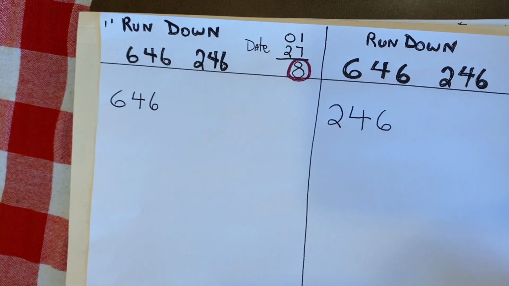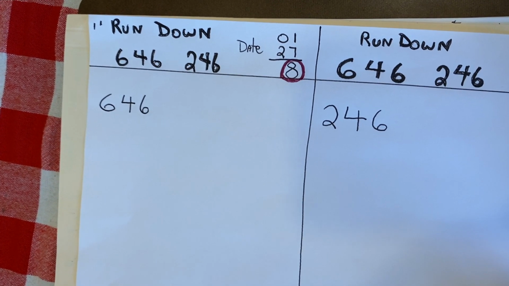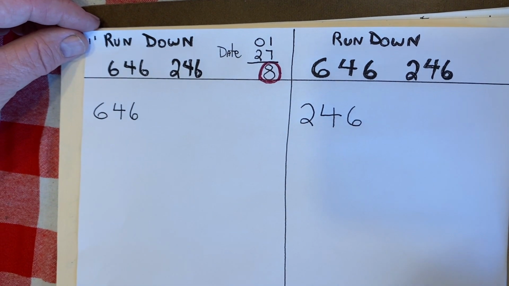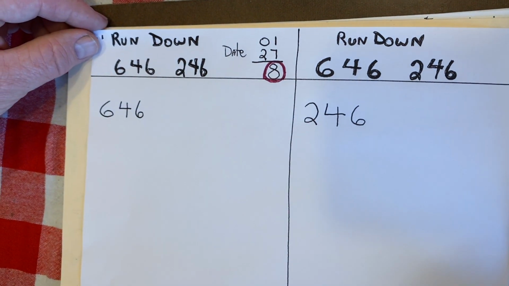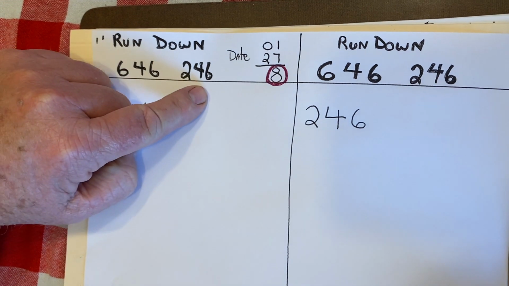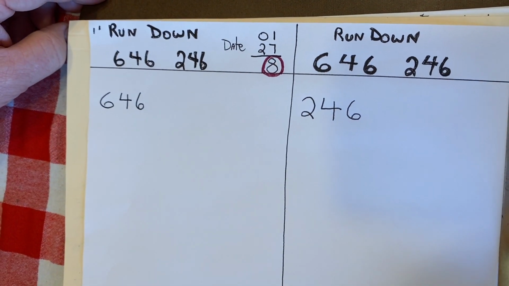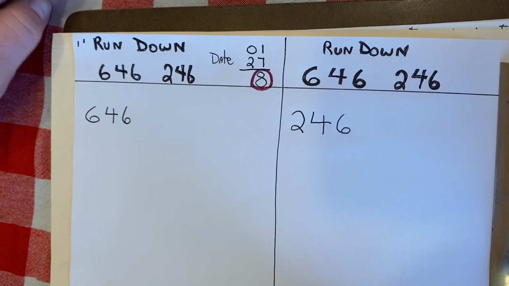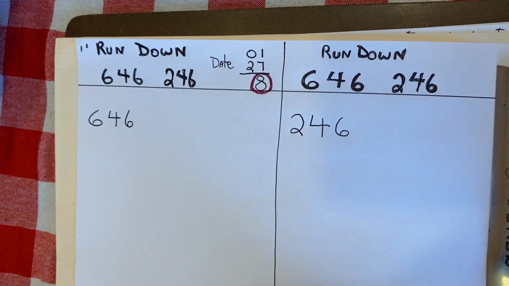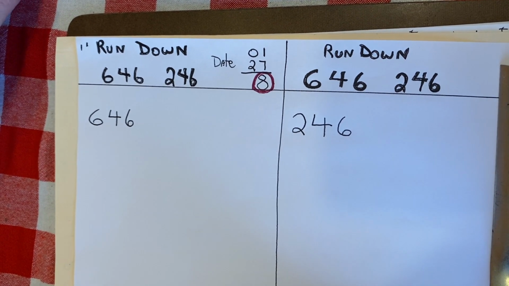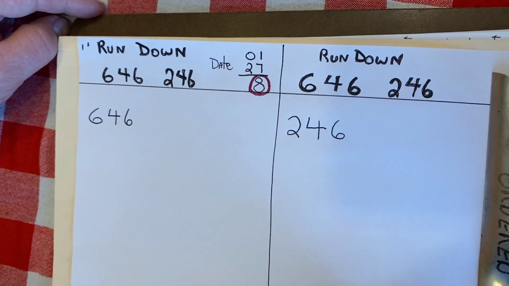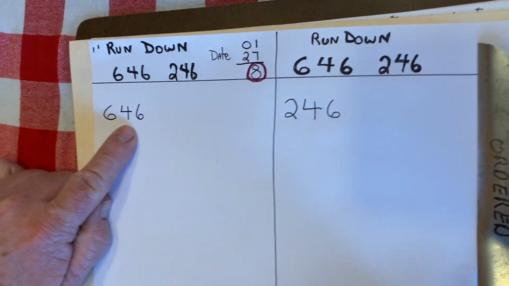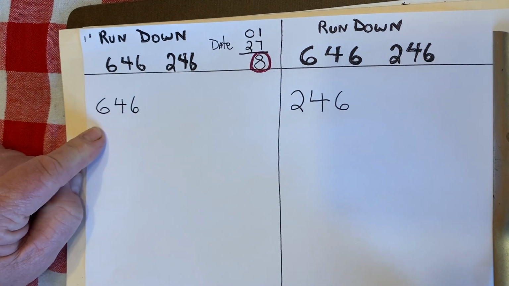Today what I want to try to do is get everybody that's watching these videos on how to win on the Cash 3 on this 646, 246 rundown. Both of these are really short rundowns, and we're going to do these today. It's going to be by date and by mirror numbers. And let's get started. Okay, first we're going to do the 646, and we'll take the next number will be